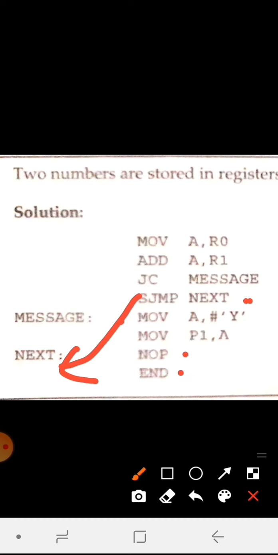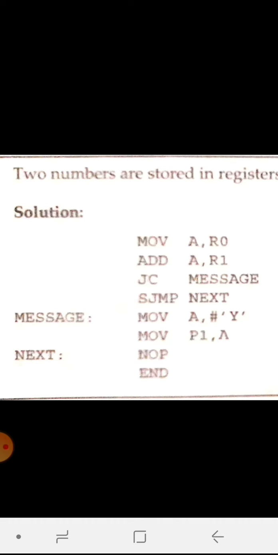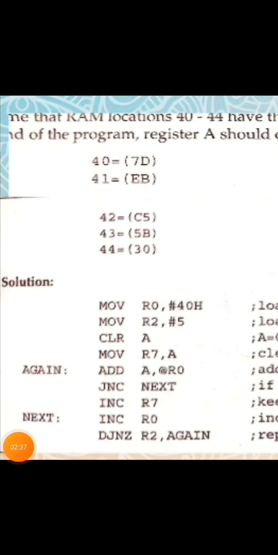This is the program we have written where the 2 numbers are stored in R0 and R1, and we are verifying whether the sum is greater than FFH. You can take any 2 numbers and add them. If there is a carry, you have to send Y on your port P1. If there is no carry, you are not going to perform any operation, and that will be the end of the program. So let's move on to the next program.